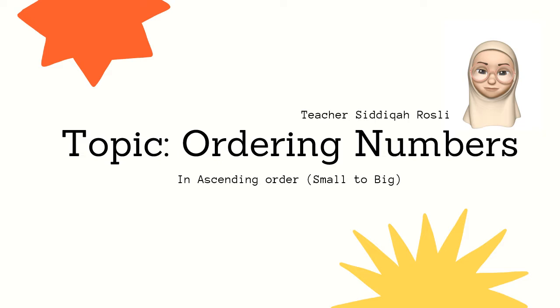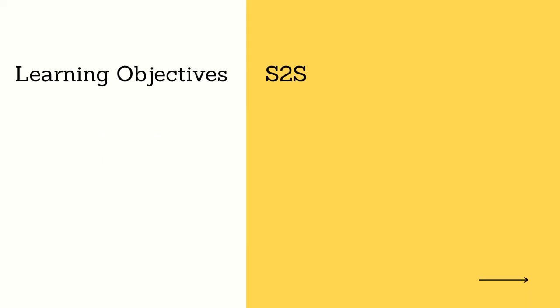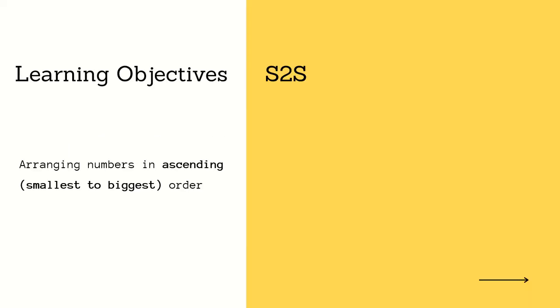Today we're going to learn about ordering numbers in ascending order. The word ascending here refers to ordering numbers from small to big. So let's begin. Our learning objective for today is we are going to arrange numbers in ascending order, that is